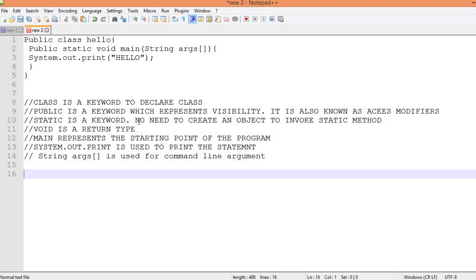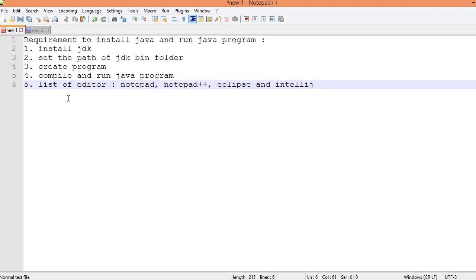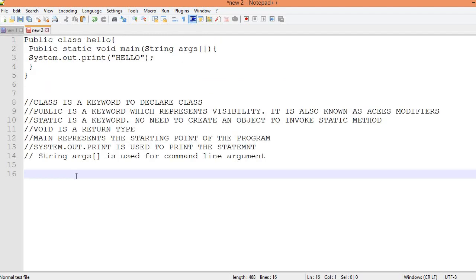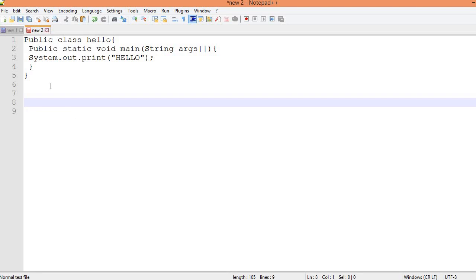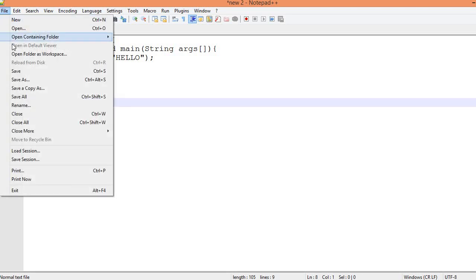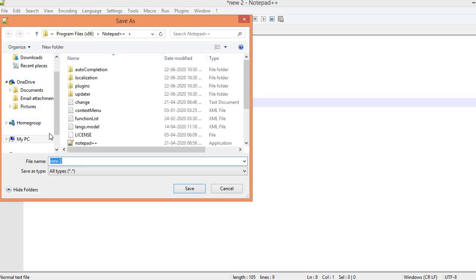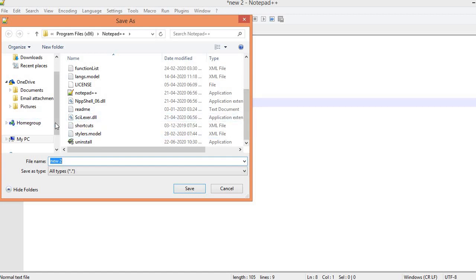Then next step, we have created the program. Next step is compile and run Java program. For compile and run Java program, we need to save our program in .java format. For it, go to file, then save as, and first I will select the folder where I will save my program.